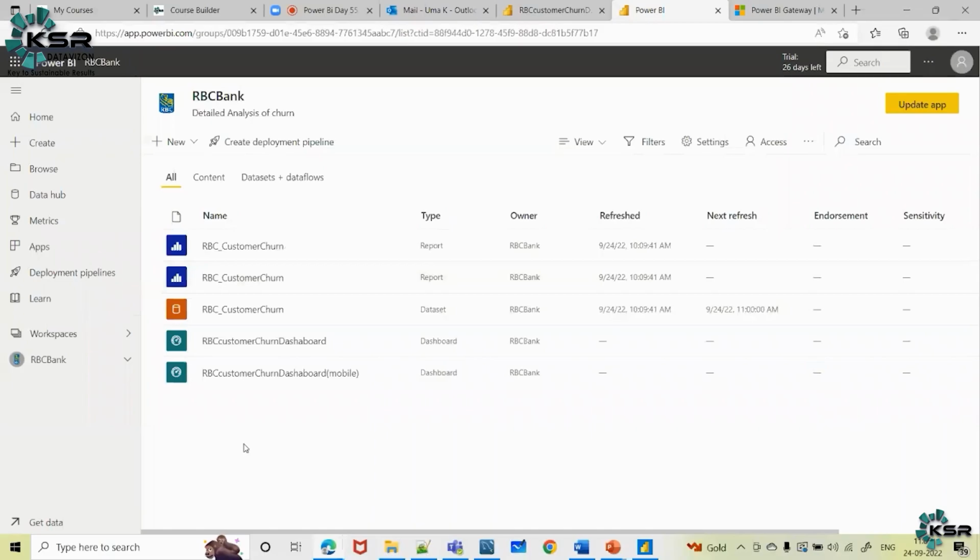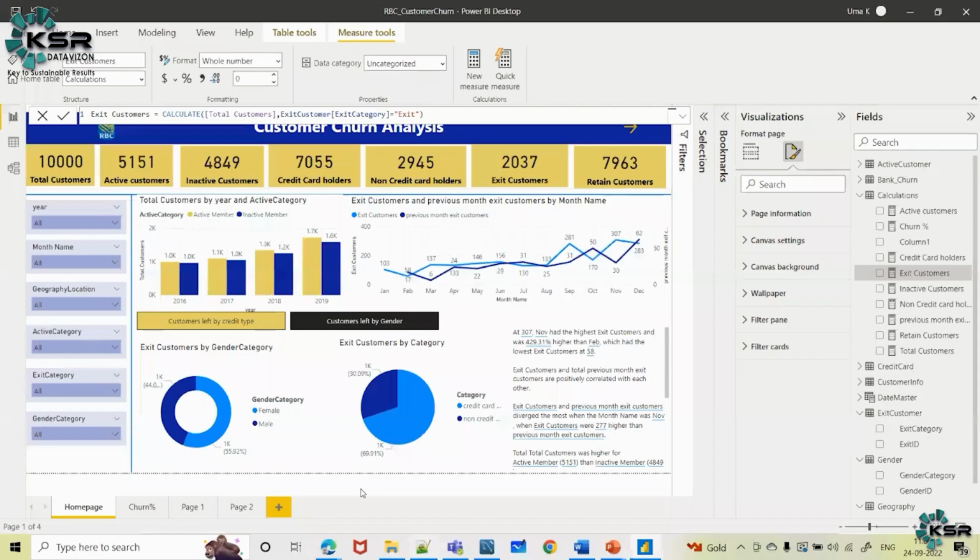One insurance project, one retail project, one banking project. I'm working on multiple projects, so I have different workspaces and build different reports, and everything is separate in the workspace. For this workspace, for this project, I'll create one app, and whenever something they asked me to change,